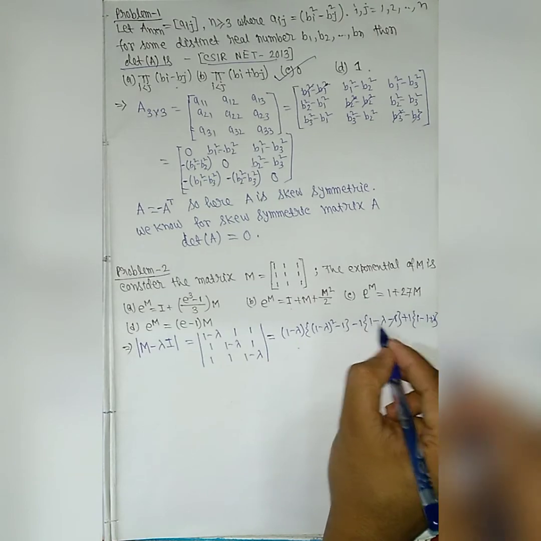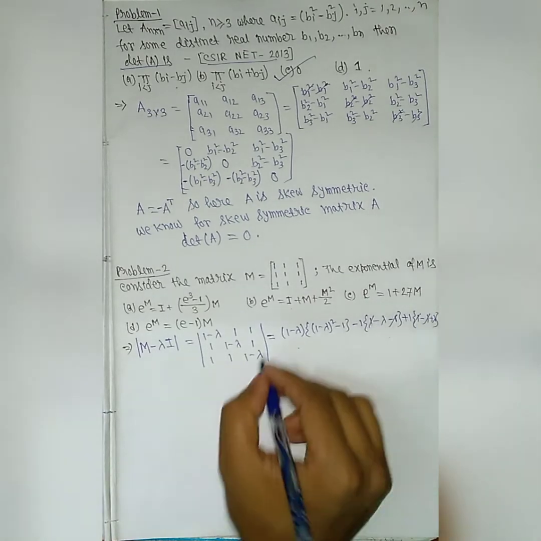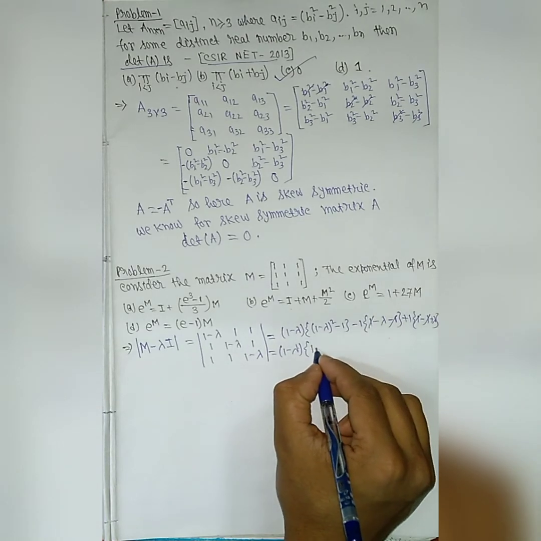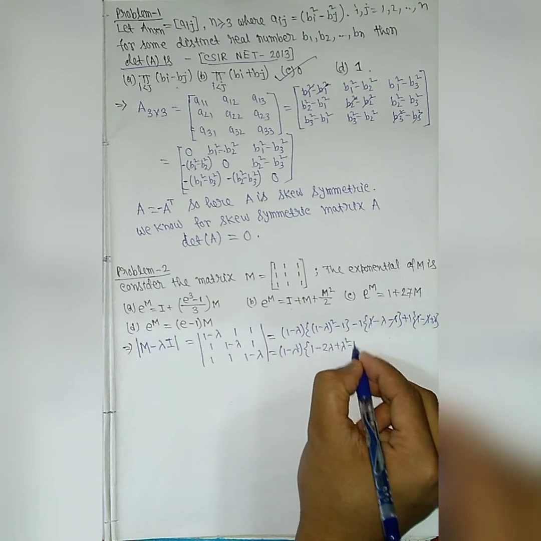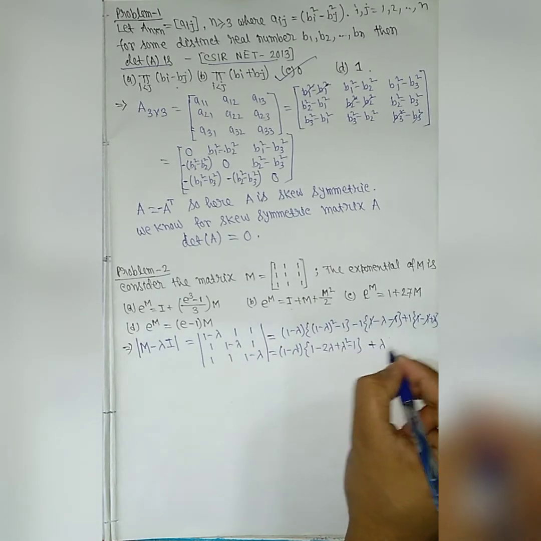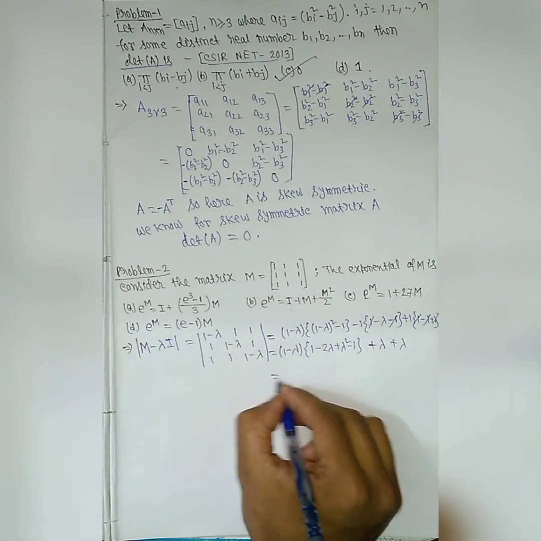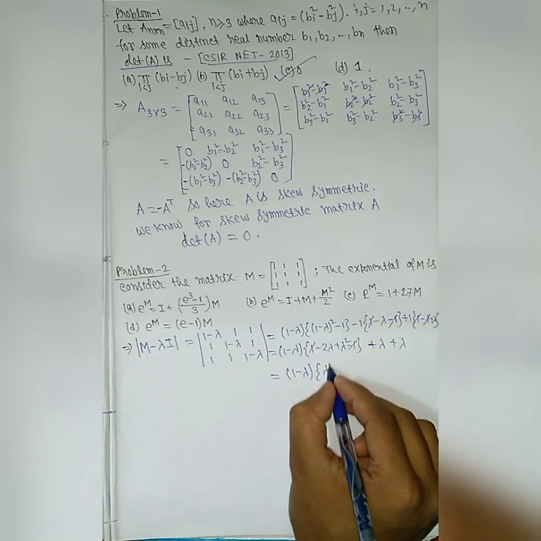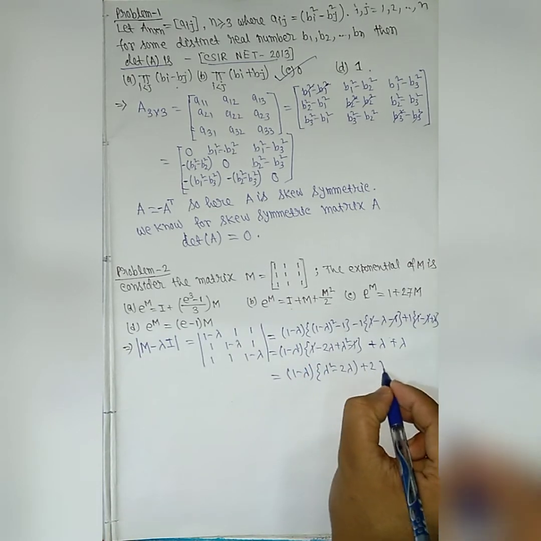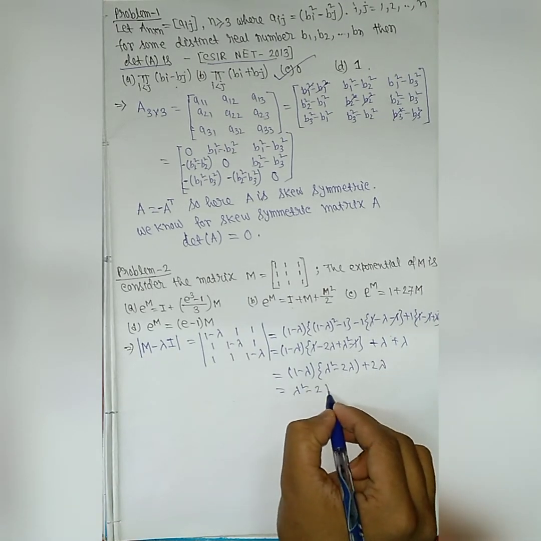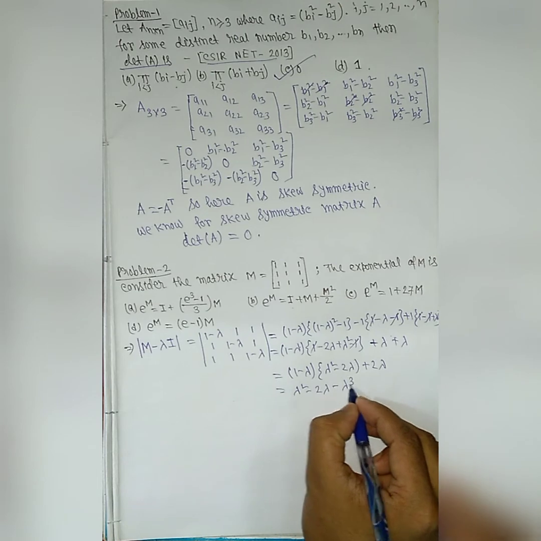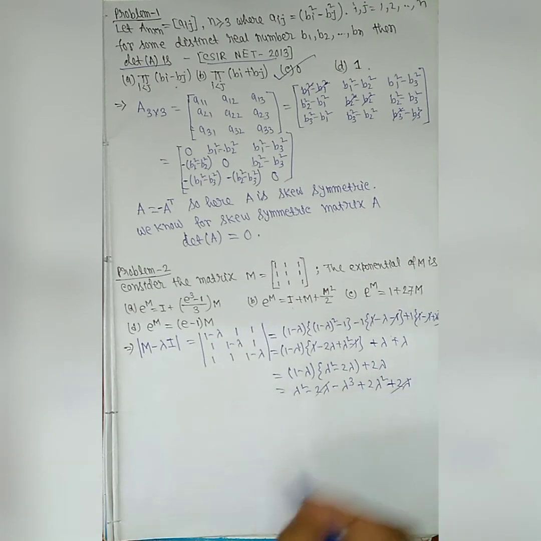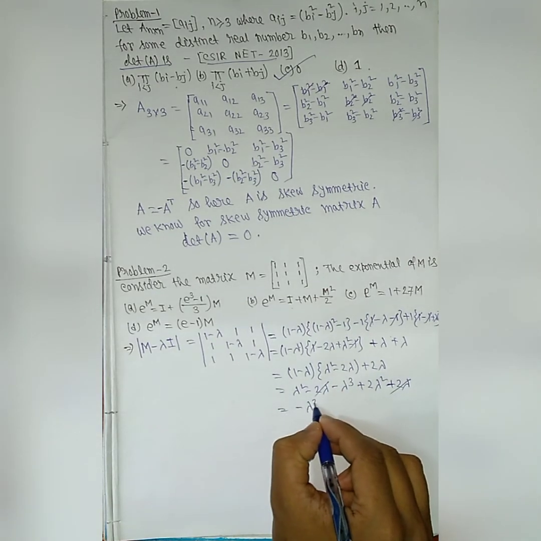Okay, so here minus 1 plus 1 cancels, here minus 1 plus 1 cancels, so we solve it as (1 minus lambda) into (1 minus twice lambda plus lambda square minus 1) minus (minus lambda plus lambda). Okay, so this is equal to (1 minus lambda) into (this minus 1, this cancels, so lambda square minus 2 lambda plus 2 lambda), so it is lambda square minus 2 lambda minus of (lambda cube plus twice lambda square plus twice lambda), so this cancels, and this comes as minus of lambda cube